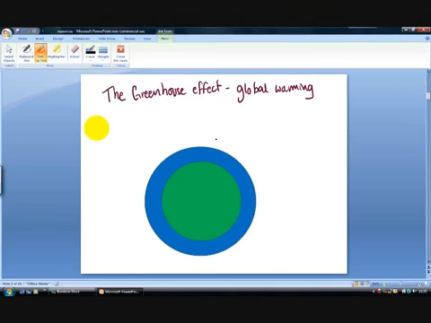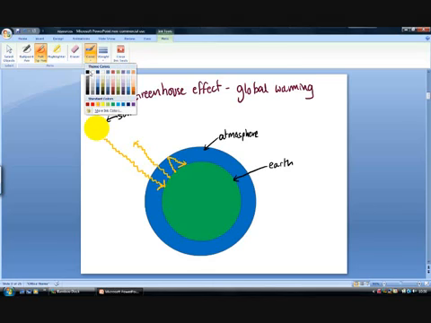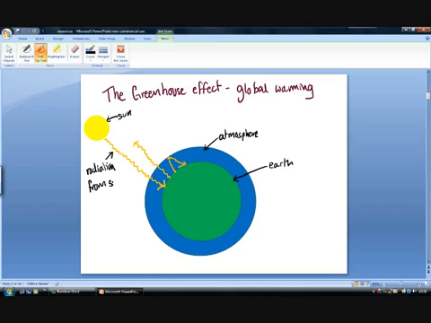Let's try and explain what the actual greenhouse effect is. There is the atmosphere surrounding the Earth, the gases that surround the Earth, and that's the Earth itself, and over here we've got the Sun, and they're the characters that are involved in this little story. So we've got radiation that comes from the Sun, and that's both UV radiation and infrared. Now, some of the infrared is reflected back into space. Some of it is reflected, and the gases in the atmosphere actually absorb the infrared radiation and reflect it back and rewarm the Earth.